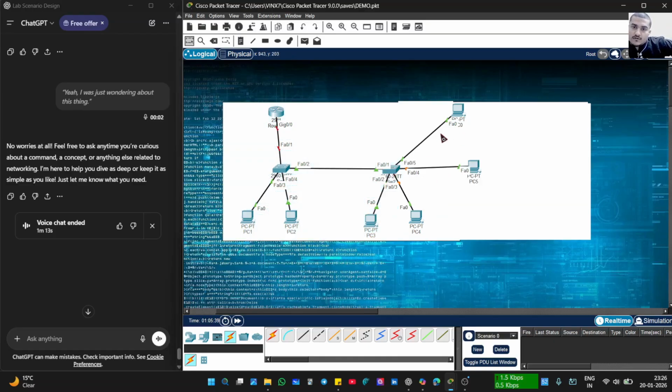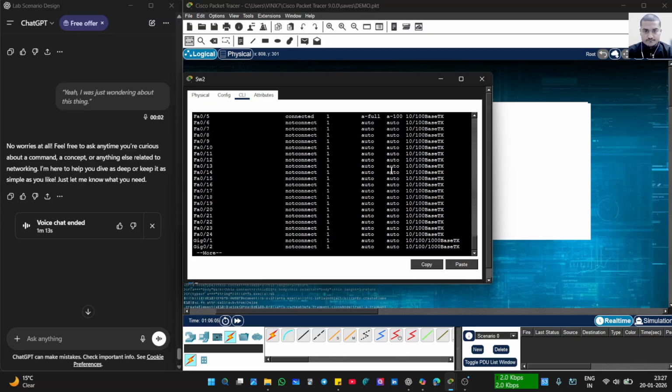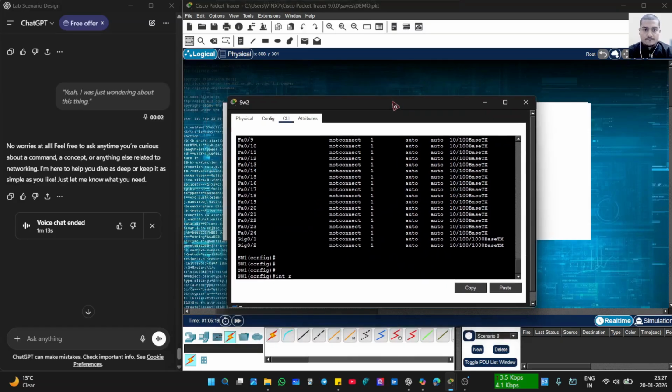So what about this? This is the VLAN 99, and both are 4 and 5. So 3 and 4. Okay, sorry. 3 and 4 right here. This is 2 and 3. Yes, it's 2 and 3. I have to update it again. So interface range 2 and 3. Yes, let me check it again. 2 and 3. So range f0/2-3, switchport